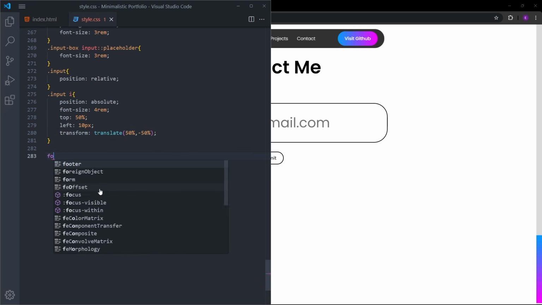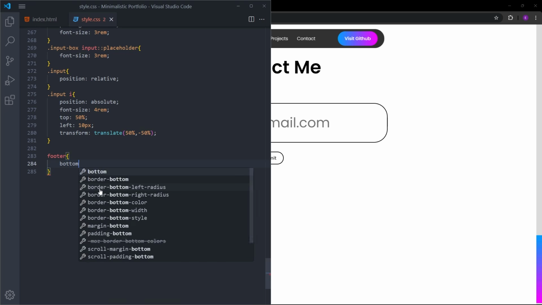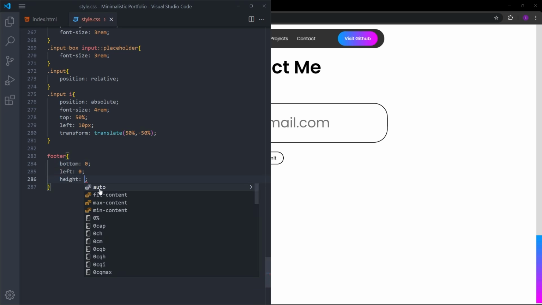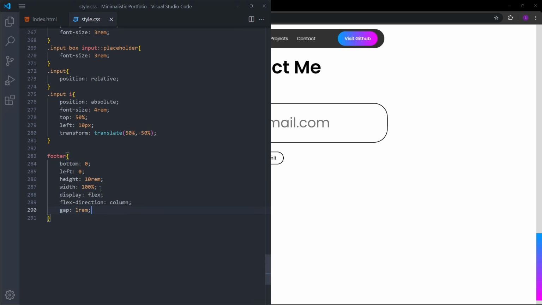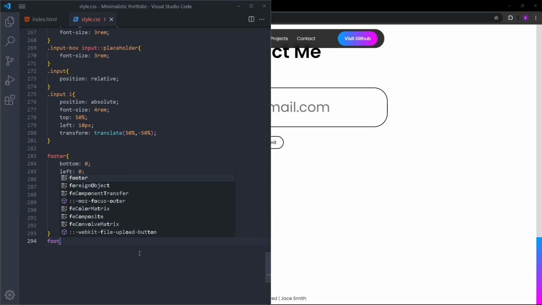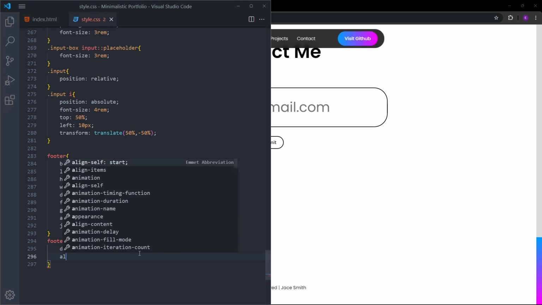Next, let's style the footer. So the footer is going to stay at the bottom. So bottom 0, left 0, and let's give it a height of 10 rem and a width of 100% so it covers the entire width. Let's make it a flex container and change the flex direction to column and put some gap between the elements and center them. Let's select the unordered list and make it a flex container as well